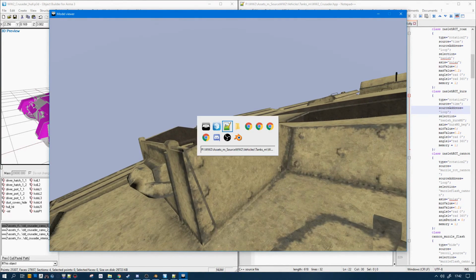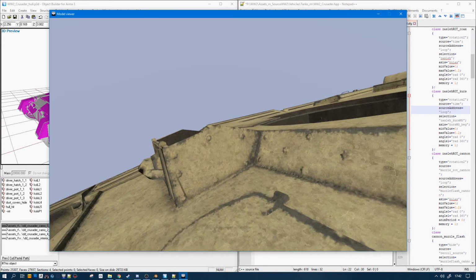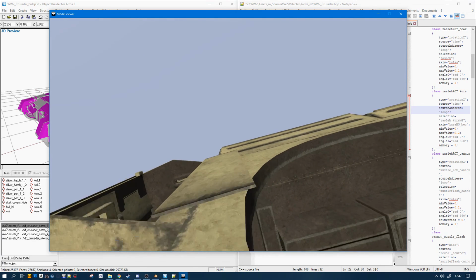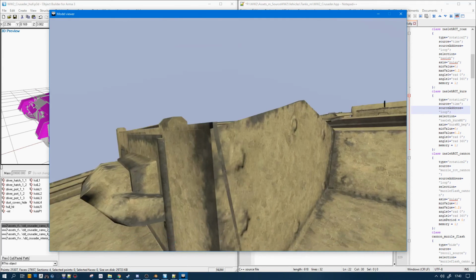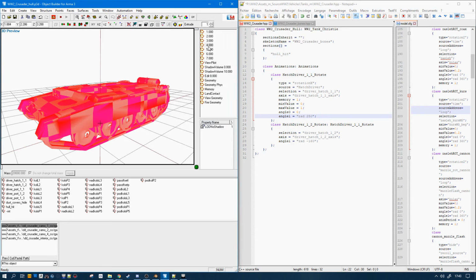It's too much. 250. Actually, this is going to hit the turret, so I will have to get there. Let's see.